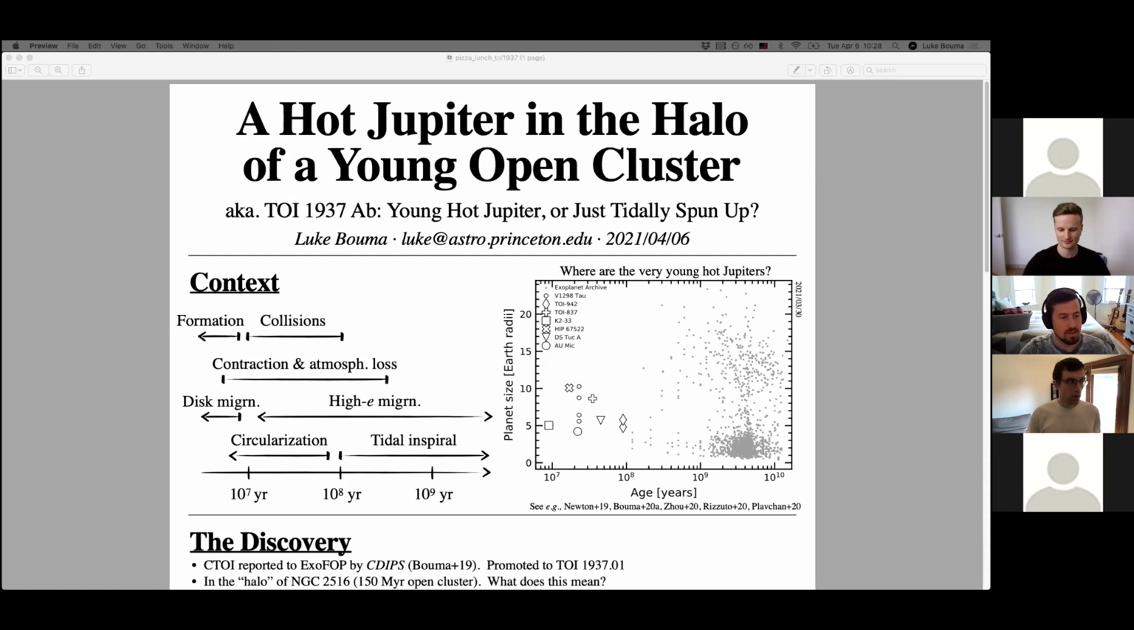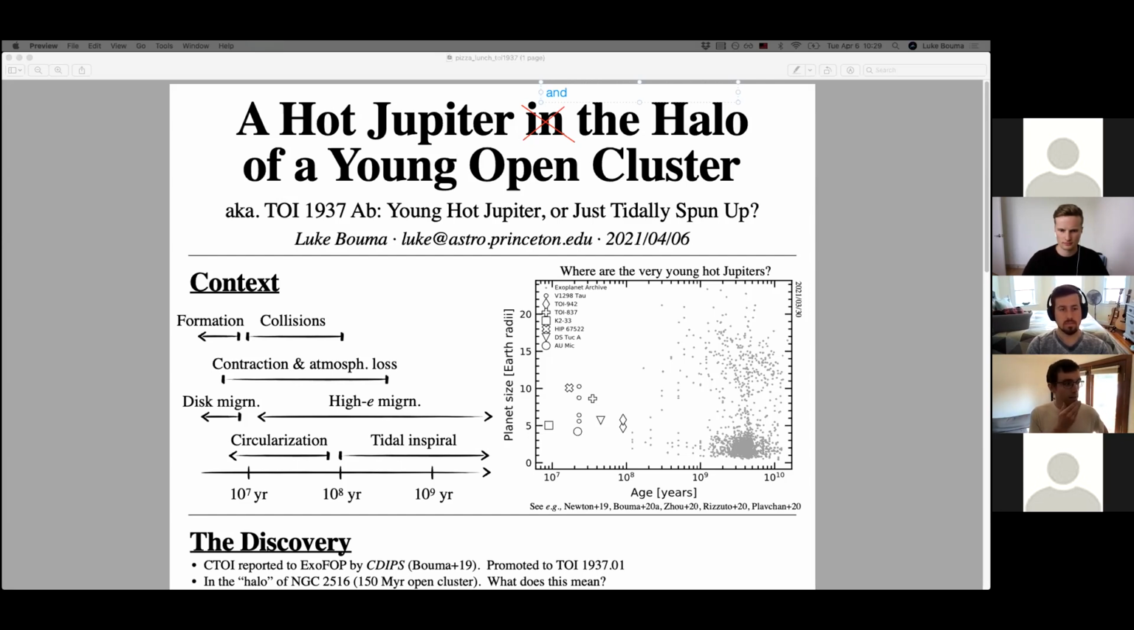So that's one thing. Another thing is, for this title that I've given, a hot Jupiter in the halo of a young open cluster, I realized after pinning down the title that it's a little imprecise. A more precise title here would be a hot Jupiter and the halo of a young open cluster. And I'll hopefully make it clear why that word change is important, because the hot Jupiter that I'd like to talk about today, TOI